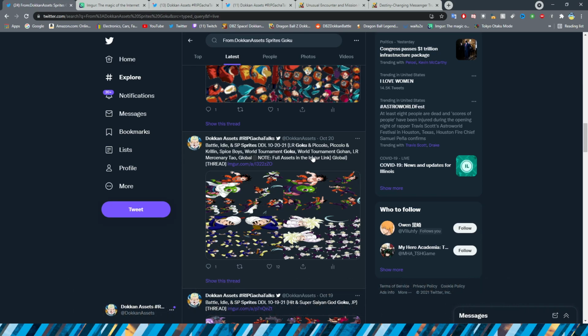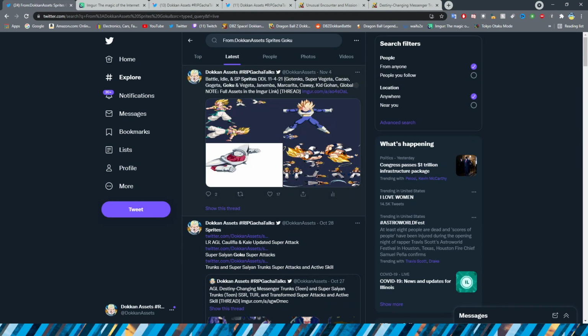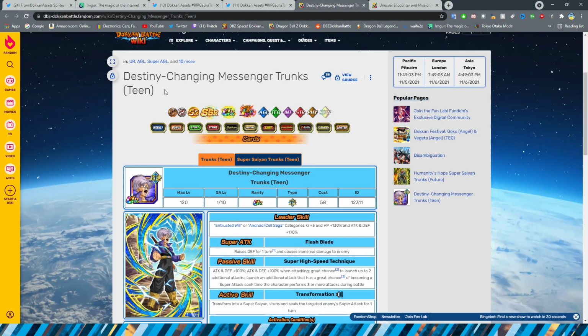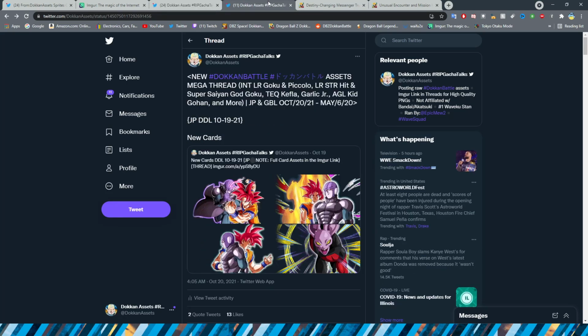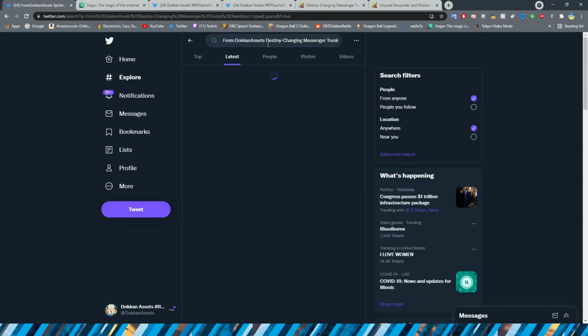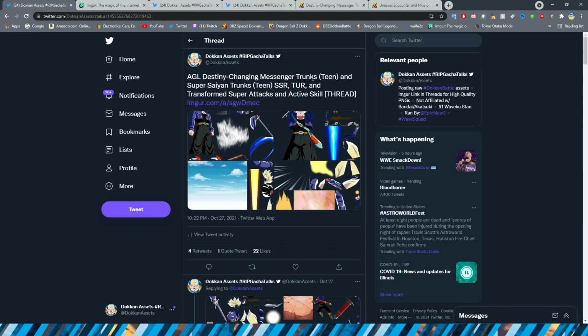Now, if you are looking for a very specific card, I will tell you that one good way to do it is to actually check out the wiki and the name of the card on the wiki, right? So for example, we have Destiny Changing Messenger Trunks. If we go ahead and pop that into the actual search here, right, it will come up with the super attacks for him, because I always name the super attacks, active skill, that sort of stuff with the full name